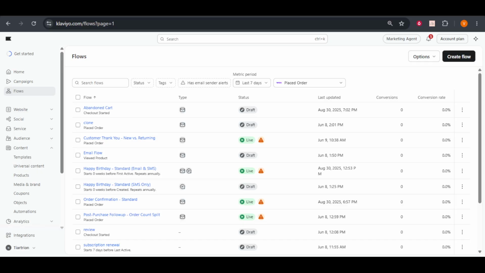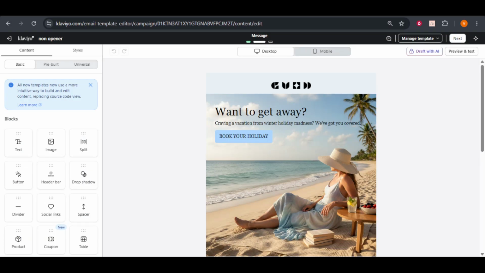First, make sure you're in the email editor screen within Klaviyo. Once you've crafted your email just the way you want it, it's time to see how it will appear in your recipients' inboxes. To do this, navigate to the top right corner of your screen. Here, you'll find a button labeled Preview and Test. Go ahead and click that. This button is your gateway to checking your email's layout, links, and overall appearance before sending it out to your